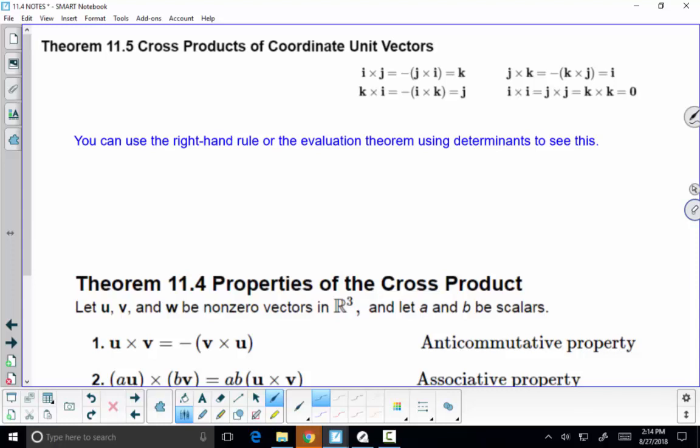And if you cross a vector with itself, we just saw a moment ago that the magnitude of the cross product is equal to the length of u times the length of v times the sine of theta. So let's analyze this. I cross I, we're getting 0. Does that make sense? Geometrically, this is the area of the corresponding parallelogram. So if you have two vectors that are not parallel, you're going to have a parallelogram, so there's going to be area. But if you have two vectors that are pointing in the same direction, or pointing in opposite directions,